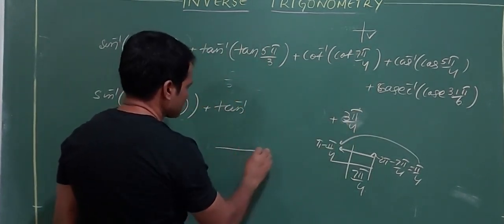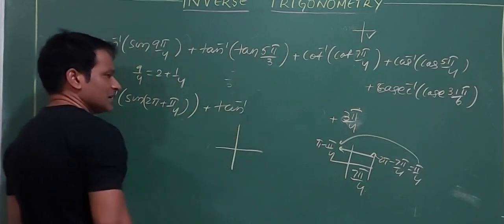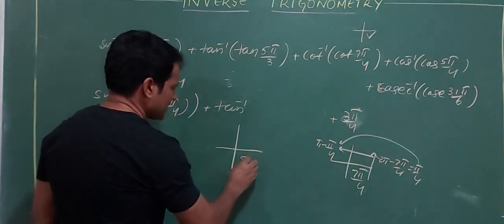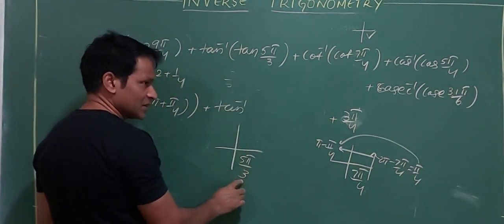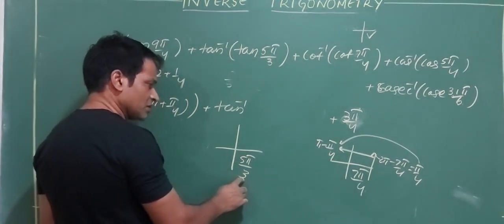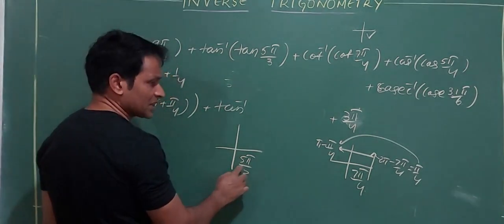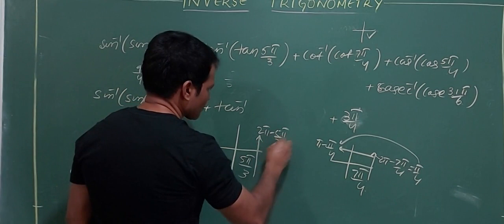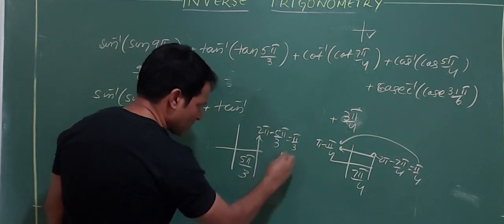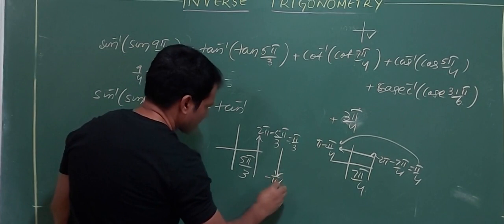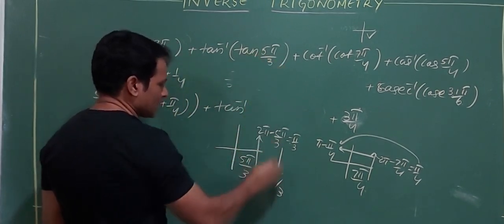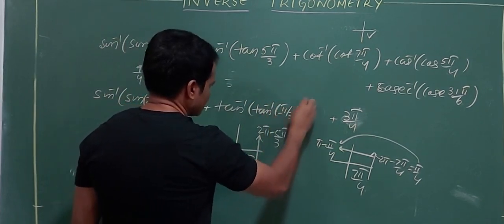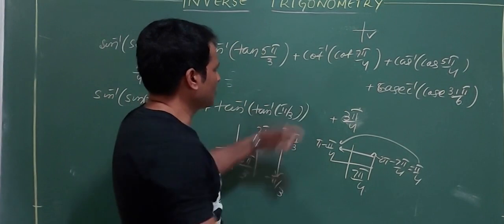This one, let us solve it. 5 pi by 3. Pi by 3 is 60 degrees, so this is 300 degrees. 5 pi by 3, what you are calculating? Tan. Tan is negative here. Tan inverse is also negative here, but the value is not between minus pi by 2 to pi by 2. Go up. 2 pi minus 5 pi by 3 is pi by 3. For the inverse, have to come down again, theta minus theta. That means tan inverse of tan is minus pi by 3.